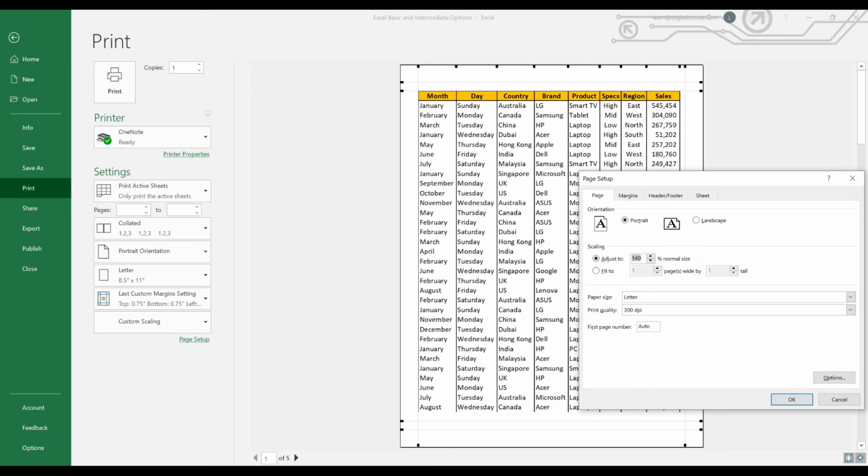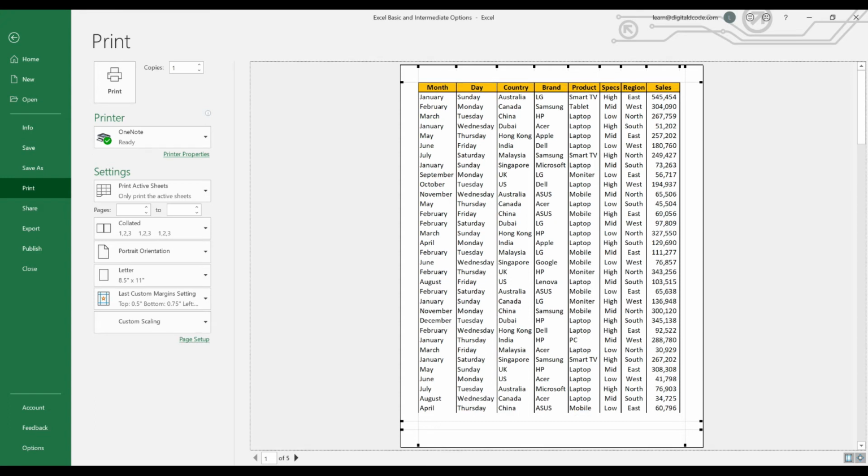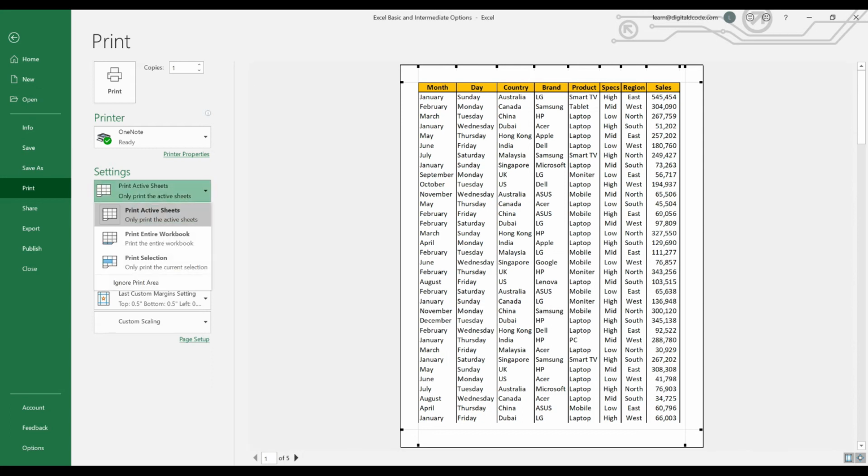In case you want to take the printout in portrait or landscape, that also you can choose here. Portrait is in case you have data in a vertical format. In case you have data in the landscape format, you can use landscape. Also you can adjust the margin for even the top and the bottom. And also here we have a few options, and the first option is, in case you want to